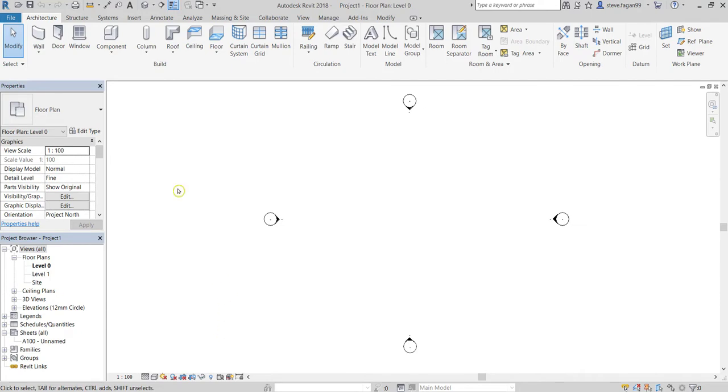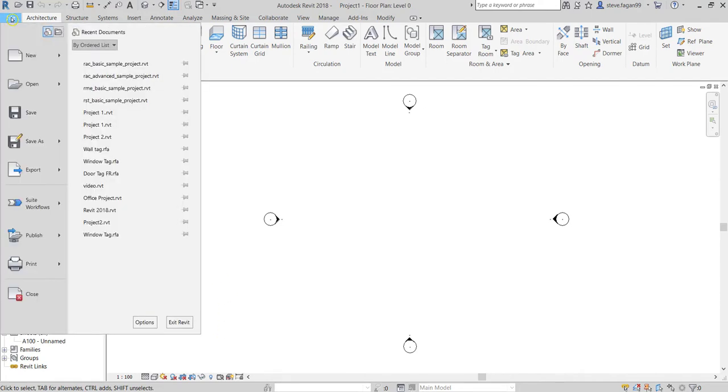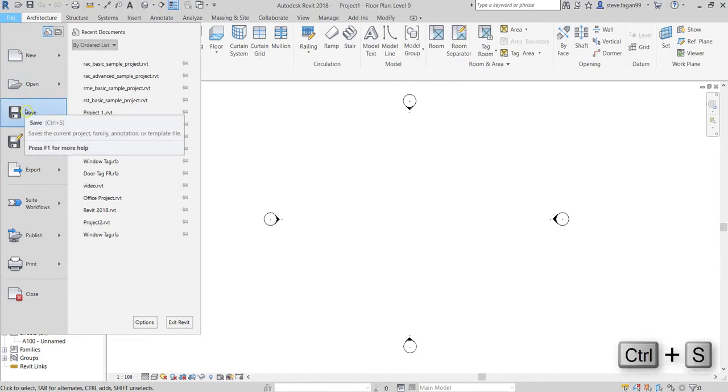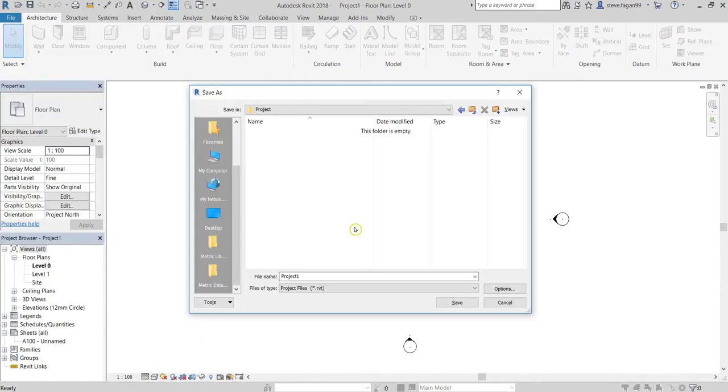To save our project, we'll go to File, Save. Then the Save As dialog box will appear. At this point, you should save it either to your desktop or create a new folder on your Common Drive to save the project into. Well, then we'll name our project. For now, though, I'm quite happy with project 1. And then we'll click on Save.